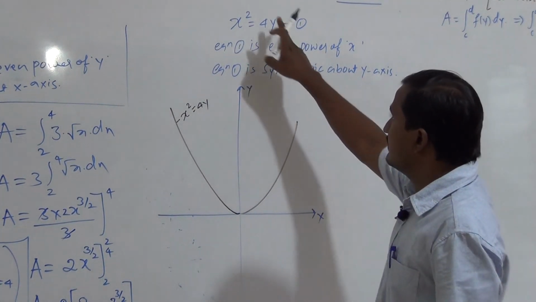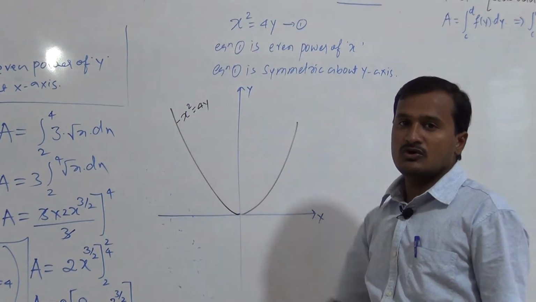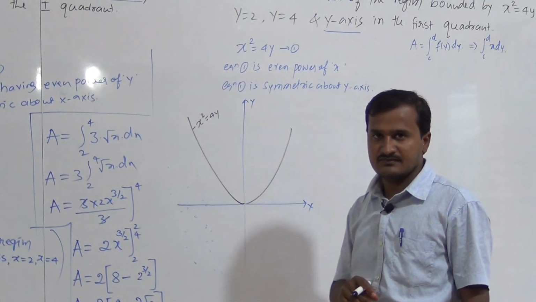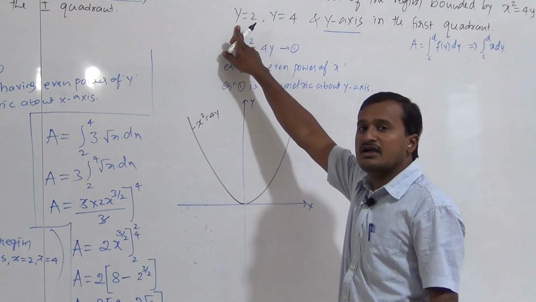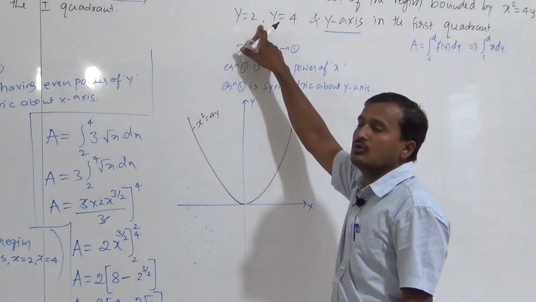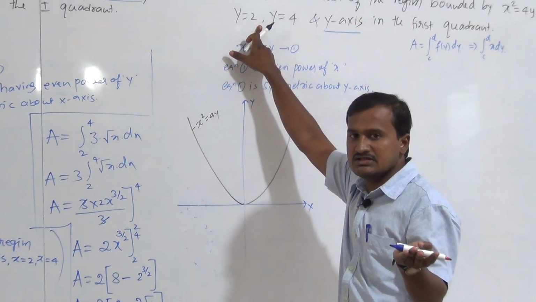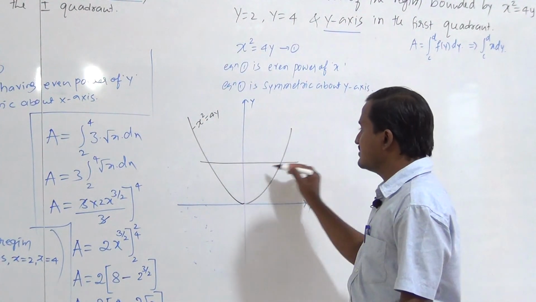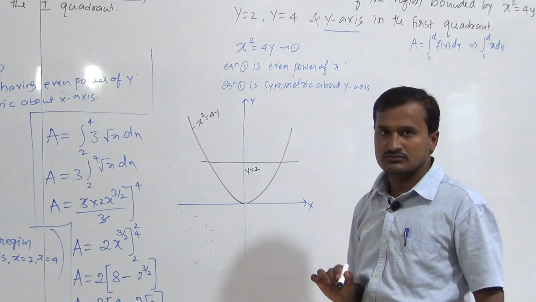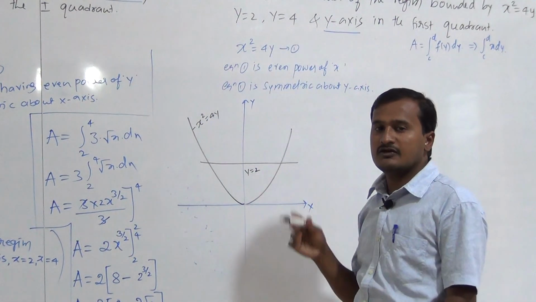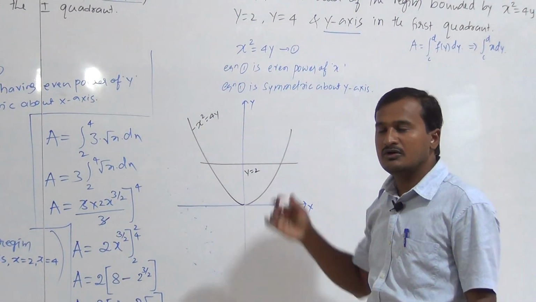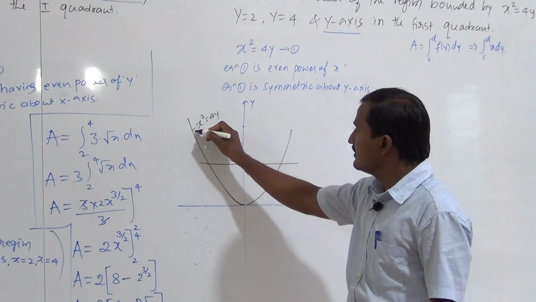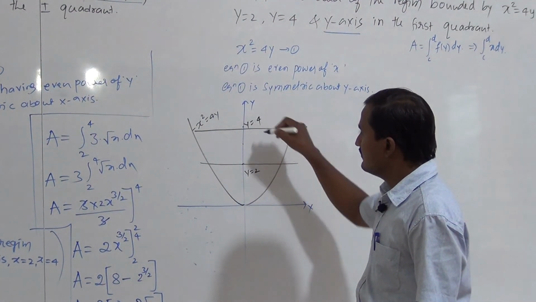Next, after that we have to take the line y is equal to 2. y is equal to 2 means it is a line parallel to x axis. In the place of y, if it is x equal to 2, it means a line parallel to y axis. If y equal to 2, it means a line parallel to x axis. So here I will take this as the value of y is equal to 2. Next, y equal to 4. y equal to 4 means again it is a line parallel to x axis. So if here it is 2, here 3 and here it is 4. Here I will take like this. This is y is equal to 4, right?